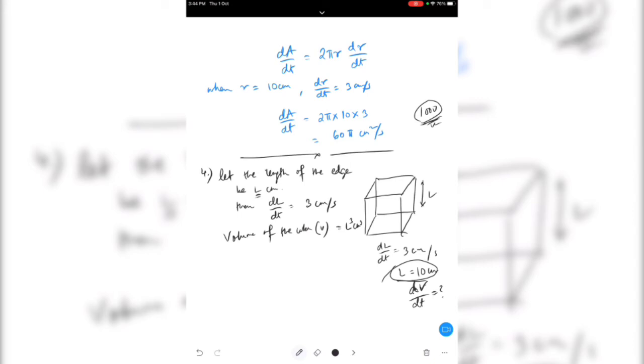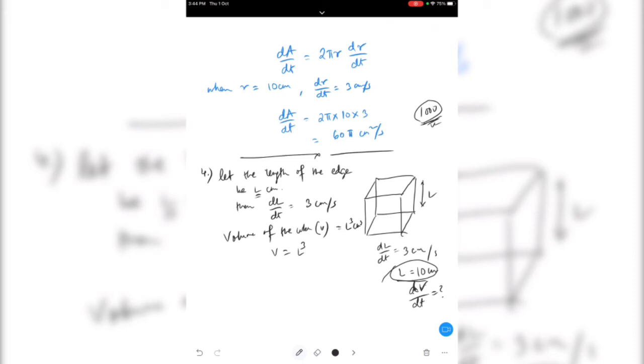But when they say that the volume is increasing, it means the length is also increasing. So when for one particular point the length is 10, volume is 1000. Then for another particular time the length will be 20, the volume will be 8000, like that. Understood? So that's why we have to take L centimeter as the edge, and the volume of the cube to be L cube. We cannot take 1000, as 1000 is for one particular value. So you will write V is equal to L cube.